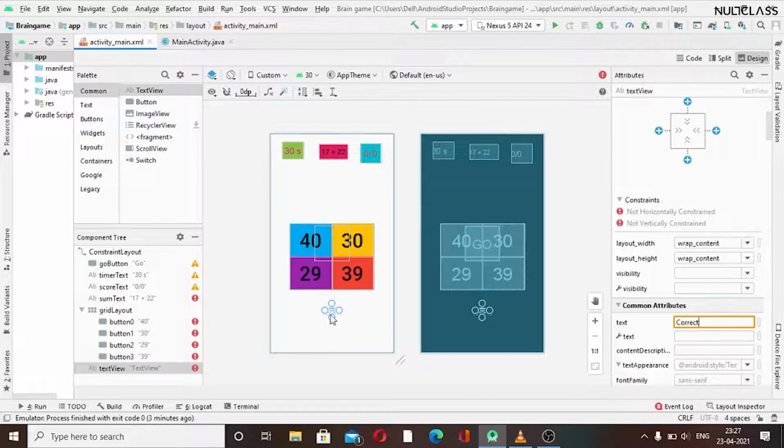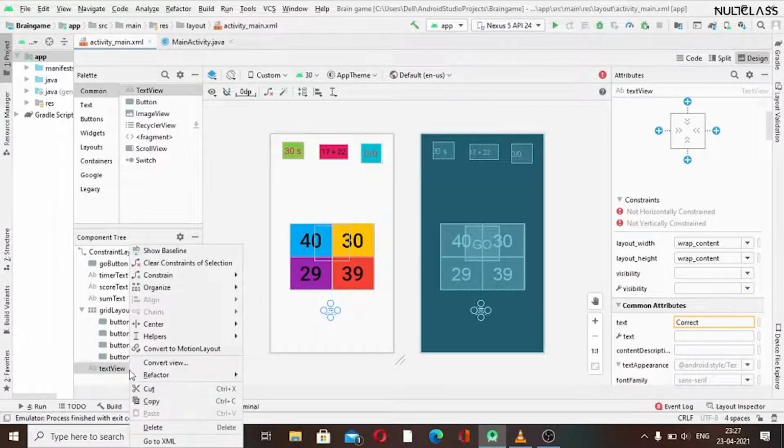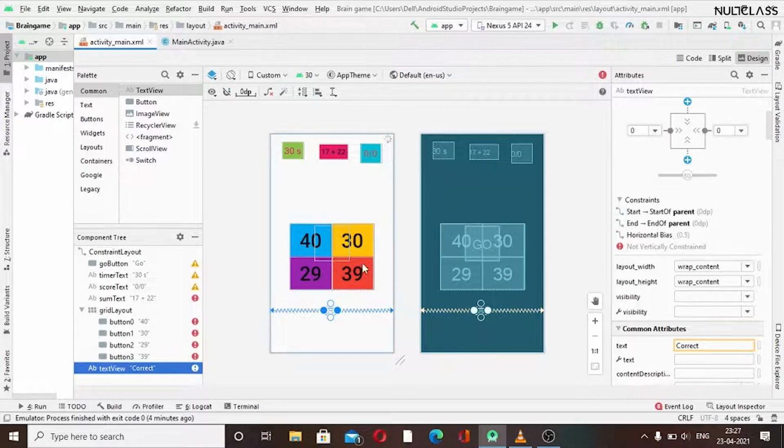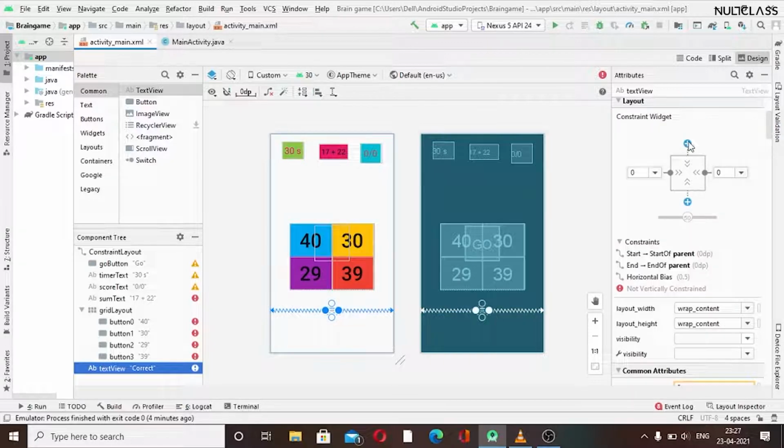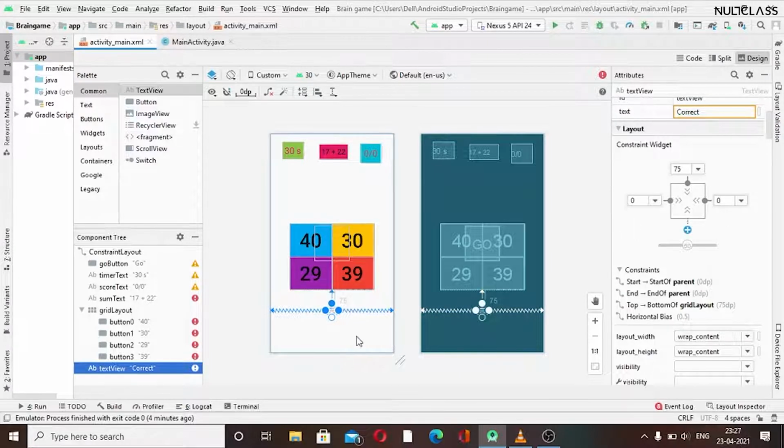For adding the constraints, I will add them from here only. I have to make it horizontally in parent, and for the top I will just drag it from here. Okay, and for the text we can add that from here.